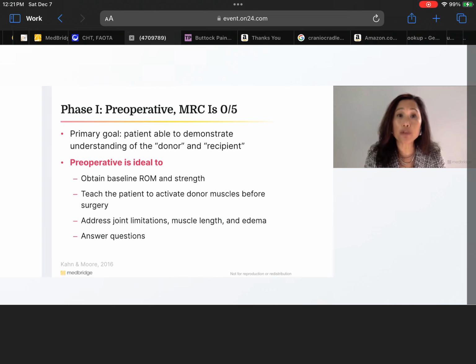If you are fortunate enough to see them, this is the opportunity for you to take some baseline range of motion, meaning to make sure that their range of motion is supple, and to check the strength of the donor muscles. You can use that time to really focus on teaching them how to activate the donor muscles before the surgery. And then, of course, just like we always do so well, we address joint limitations, muscle length,